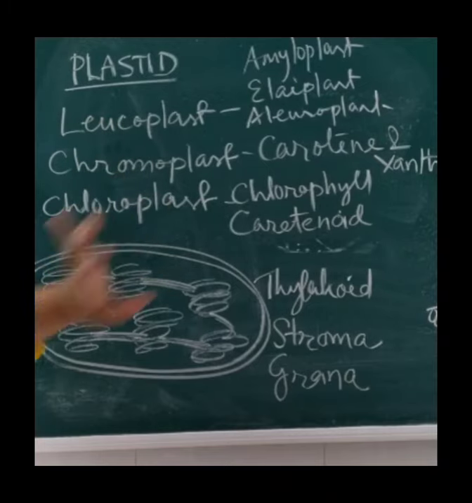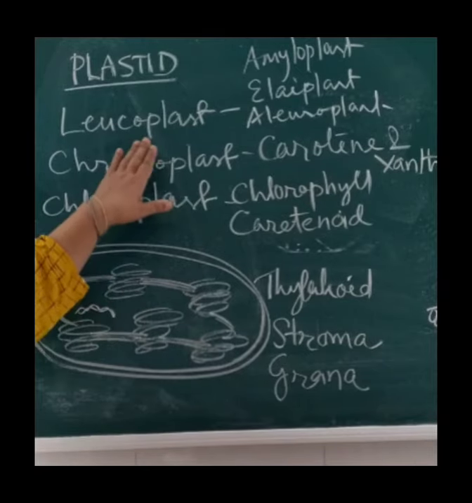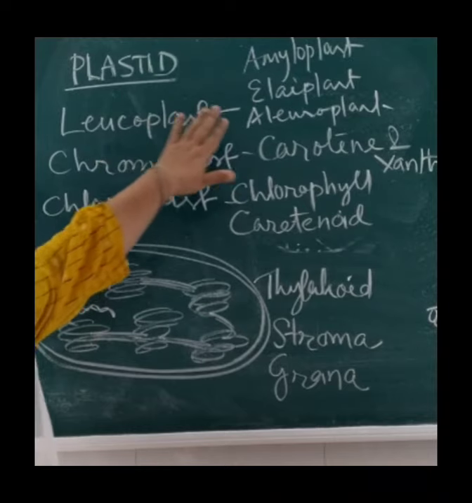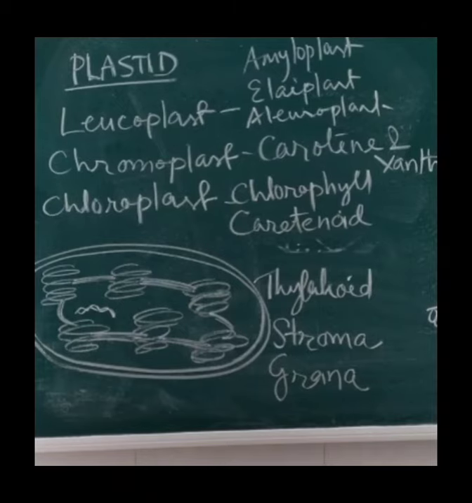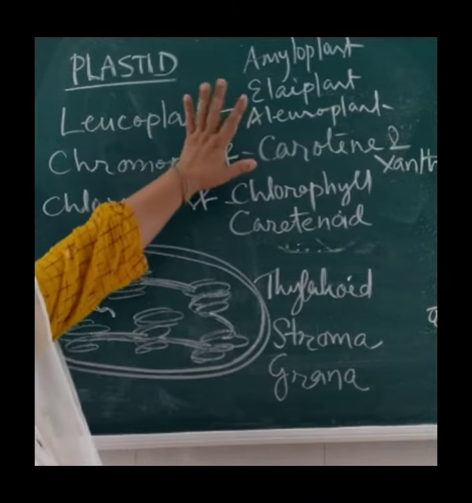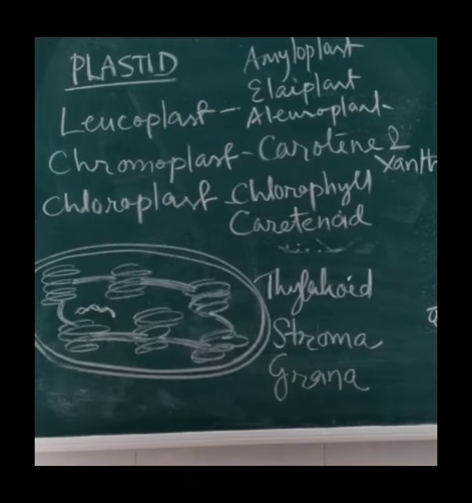These are the colorless plastids of varied shape and size and store nutrients in the form of lipids and proteins. On the basis of the type of nutrient present in leucoplast, there are again three types: amyloplast, elaioplast and aleuroplast. Amyloplast is a starch containing leucoplast, like in wheat, rice, potato. Elaioplast stores oils and fats, like castor seeds and sunflower. Aleuroplast is a protein storing leucoplast, like maize.